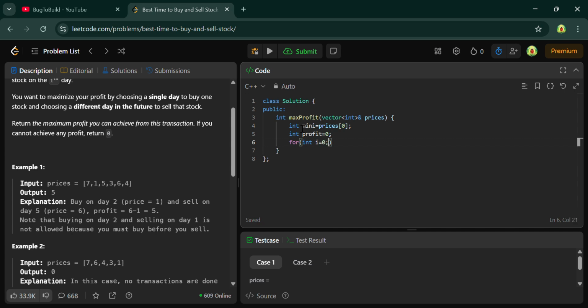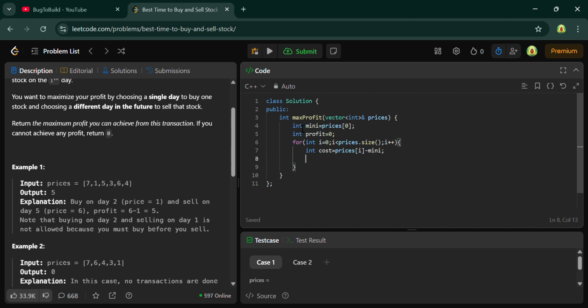Okay, for int i equals to 0, i less than prices dot size and i plus plus. Then you just have to find the cost, which is price of i minus min, and profit, and for profit you just have to find the maximum of profit comma cost. Okay, and after that you just have to return, and after that you